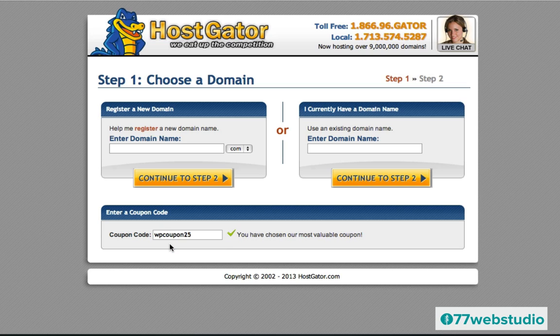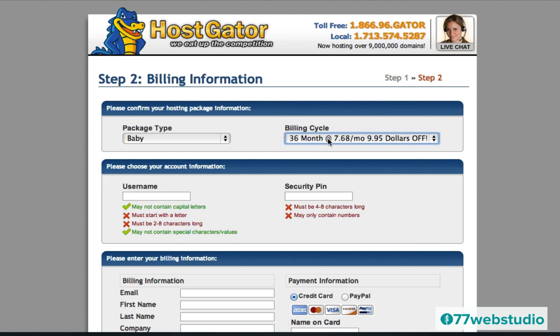That's a special coupon that you can add to get more off the total when you go to check out for your order. So I'm going to leave it at WP coupon 25 to get a little bit more off my order, and I'm just going to put in a random domain name for the moment, just to show you for demo purposes what the next page looks like. So I'm going to click on Continue to Step 2, which brings us to Step 2, the billing information page.